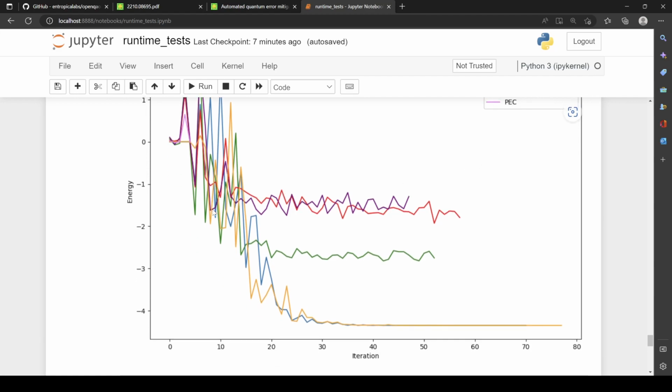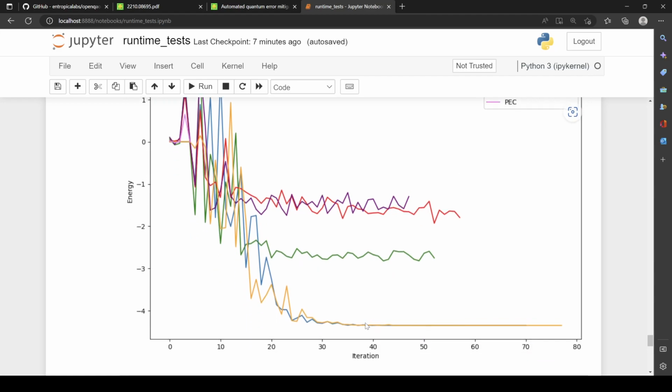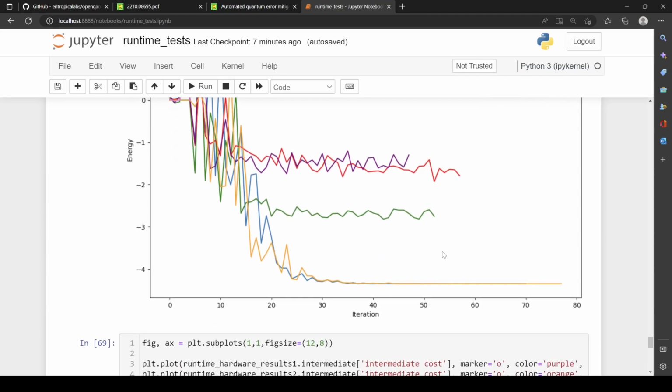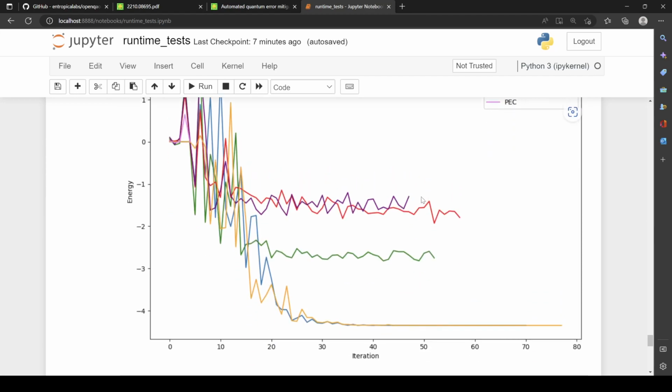And so what's going on here is we can see that with ZNE, we are able to reach the same quality results as a noiseless state vector simulator. So this ZNE on 100% real hardware beats a simulation, which is really cool. I often don't know exactly what to expect when you run things on real hardware. There's a lot of limitations, but it's super cool that